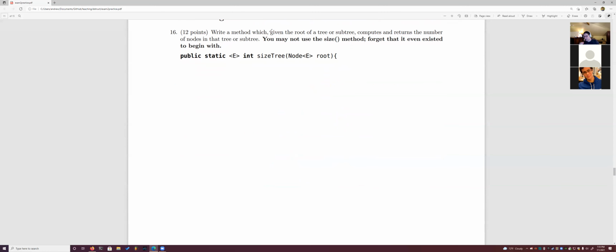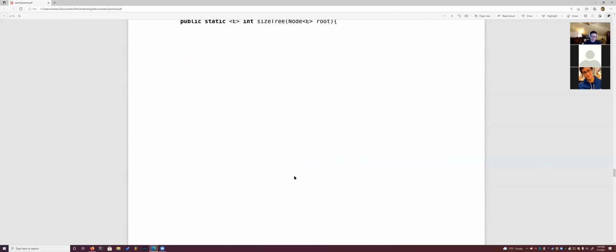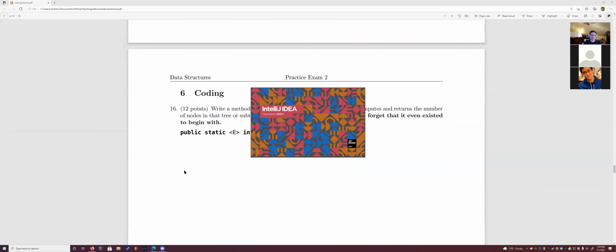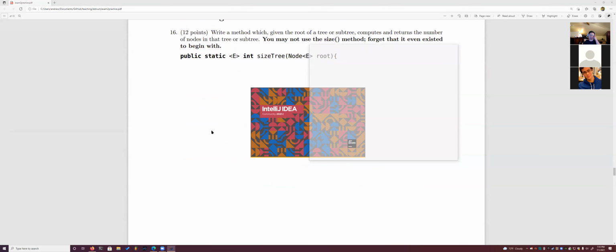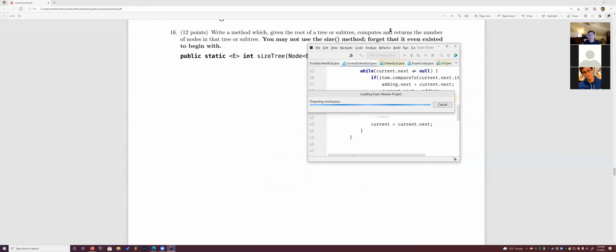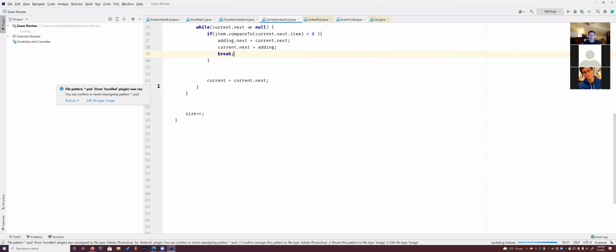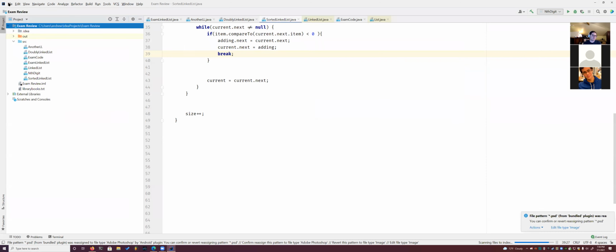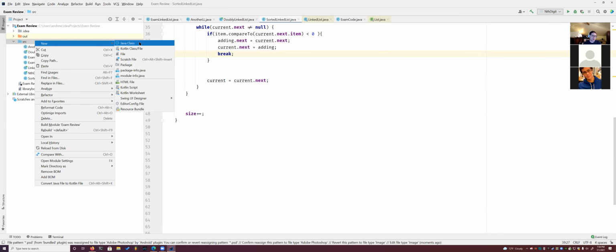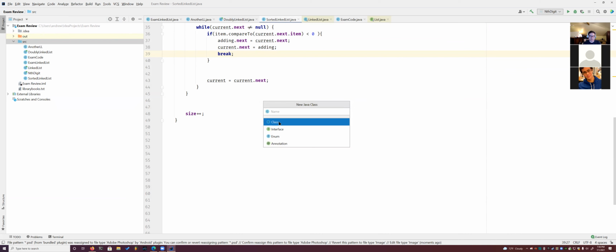So I am getting close to done with the exam, except we're now on the coding portion, which does take a bit more time. This one says, calculate the size of the tree without using the size method. I used to put it on an exam so I could get a gander of how well the students were doing. Now for the exam, you'll probably want a Java class